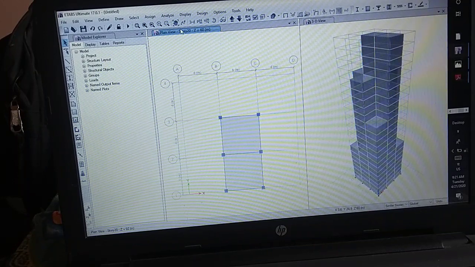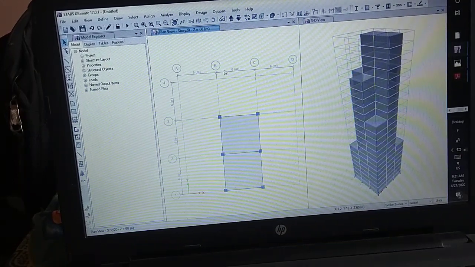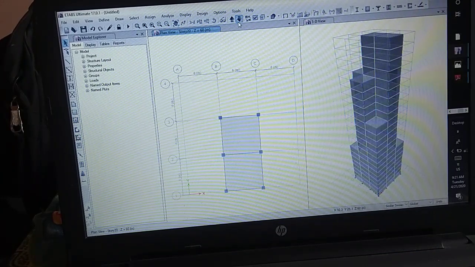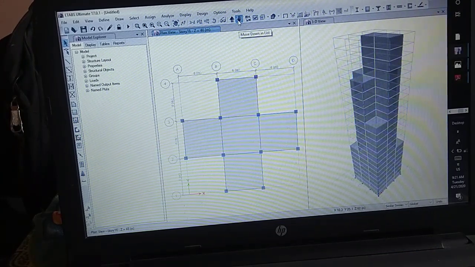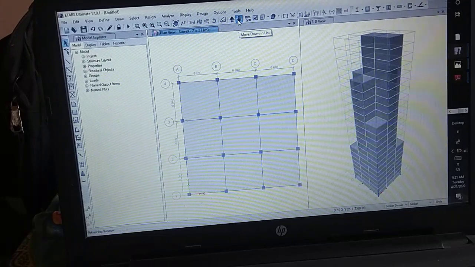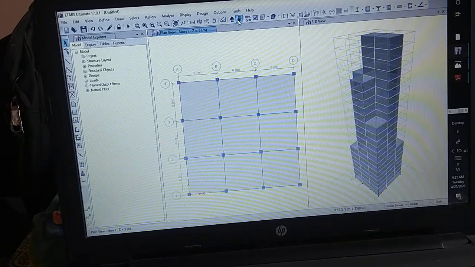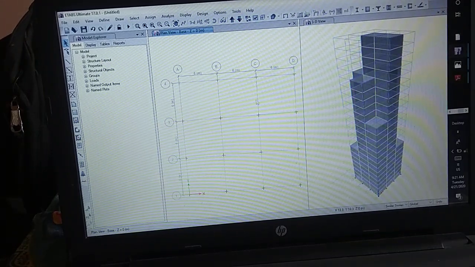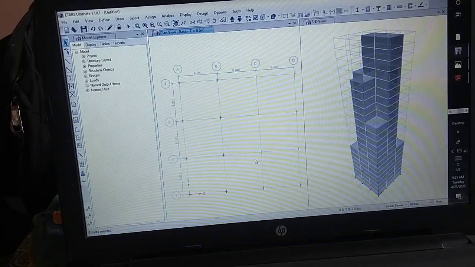Now the next step after creating the model is to assign the loads. So before assigning the load, we are going to the base and we can assign the base restraint.